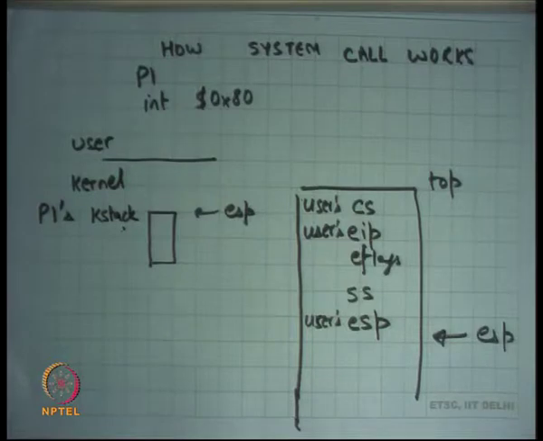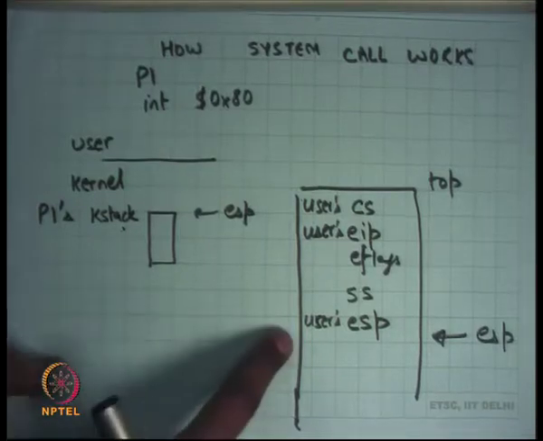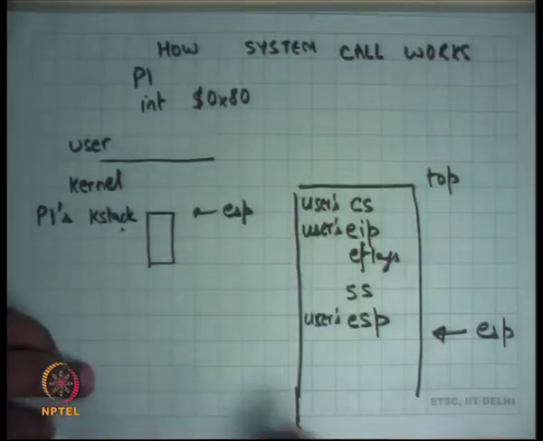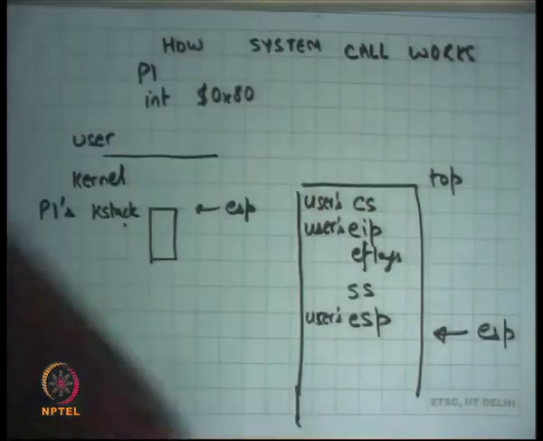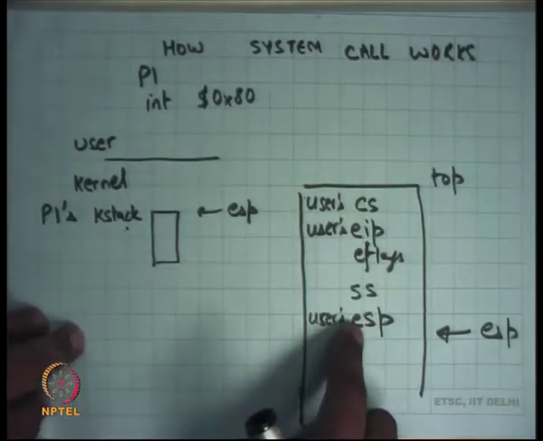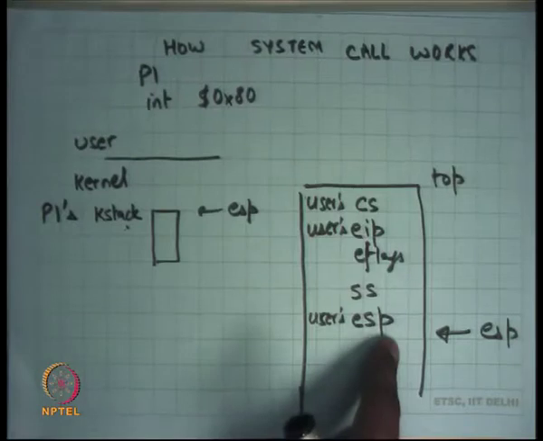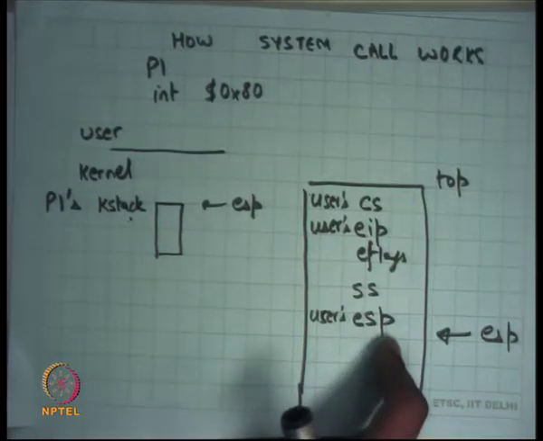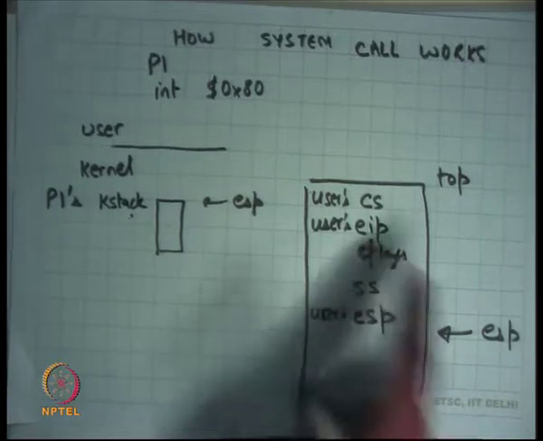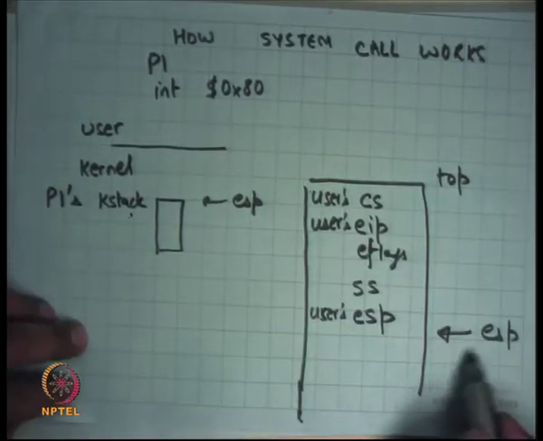As soon as the interrupt instruction is executed, the state of the architecture starts looking like this: CS, EIP, EFLAGS, and the stack has shifted. Whatever the user stack was is of no consequence now; it has just been saved, as represented by ESP, and this ESP must necessarily be a pointer in the user's address space. Similarly, this EIP must necessarily be a pointer in the user's address space. Okay, so now the handler gets called.